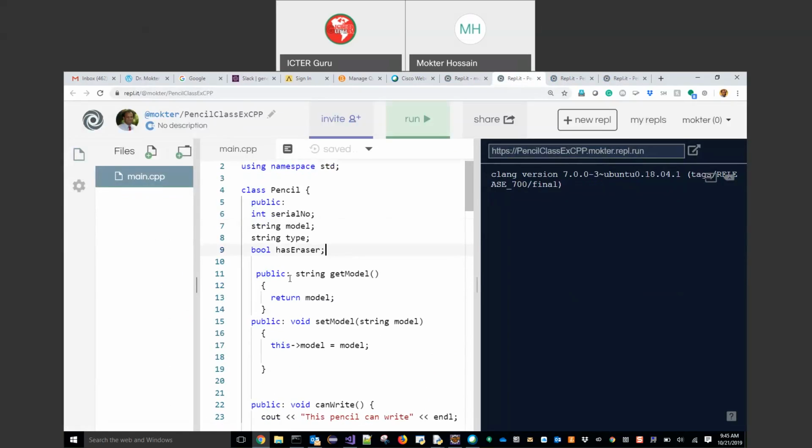Okay, so here for C++, you know that you need to use the public keyword followed by a colon. For Java and C Sharp, we need to use this colon. For C++, we need to use this colon. Okay. Then what you will do for